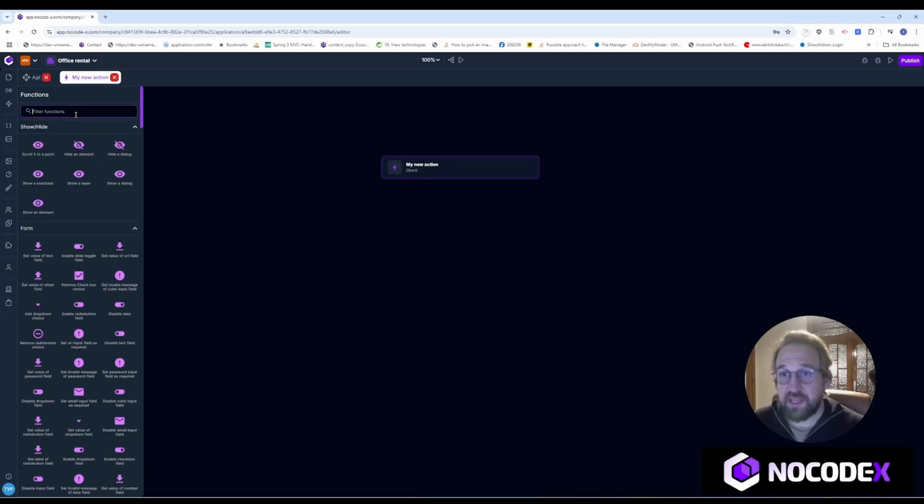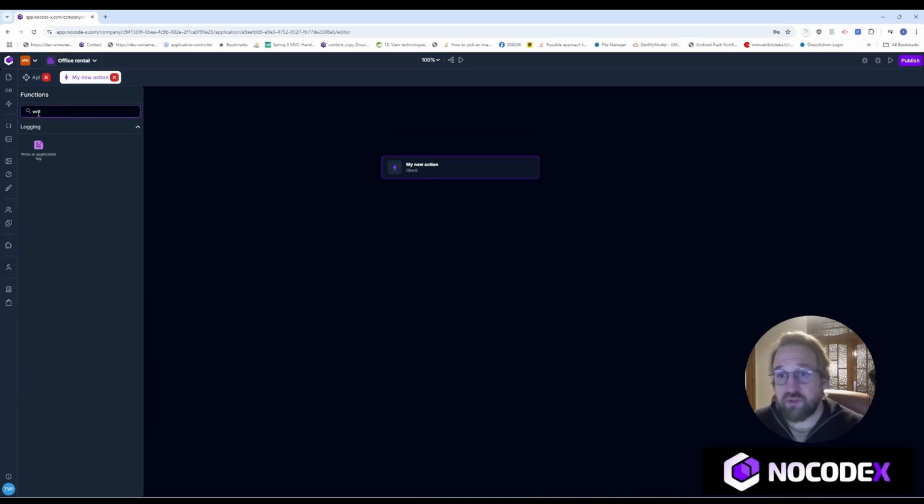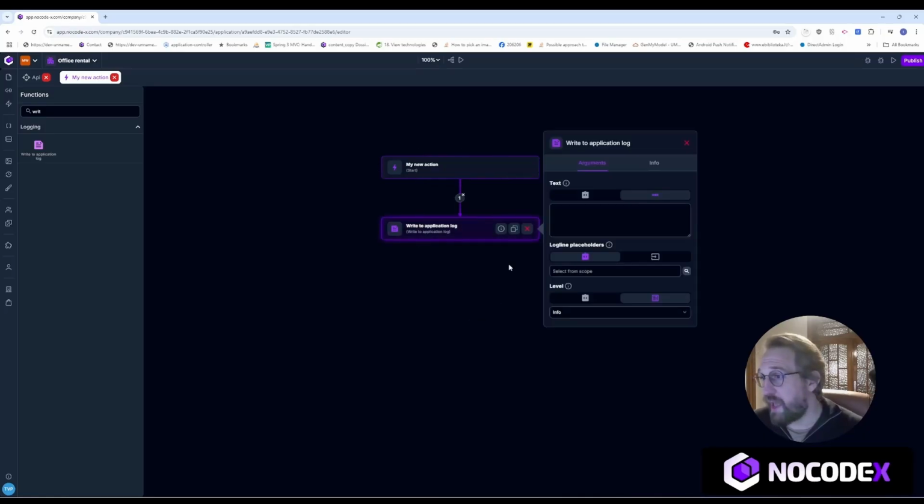And all I have to do is actually drag and drop the desired function into place, connect the blocks together, and this will be executed sequentially. So every single function has its unique set of properties or arguments that can be set. So for example, here the write to application log function has some text that I can put in and has some placeholders, and I can choose a level of log line to log in my application log. So I'll just log hello in this